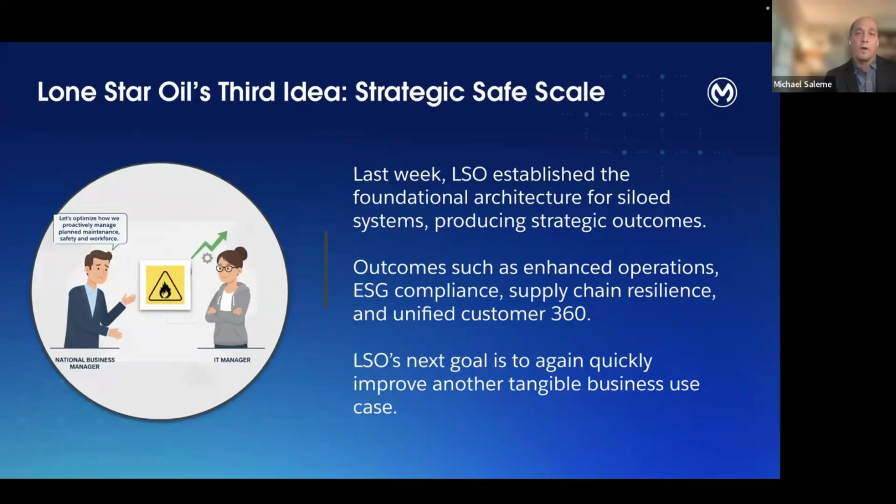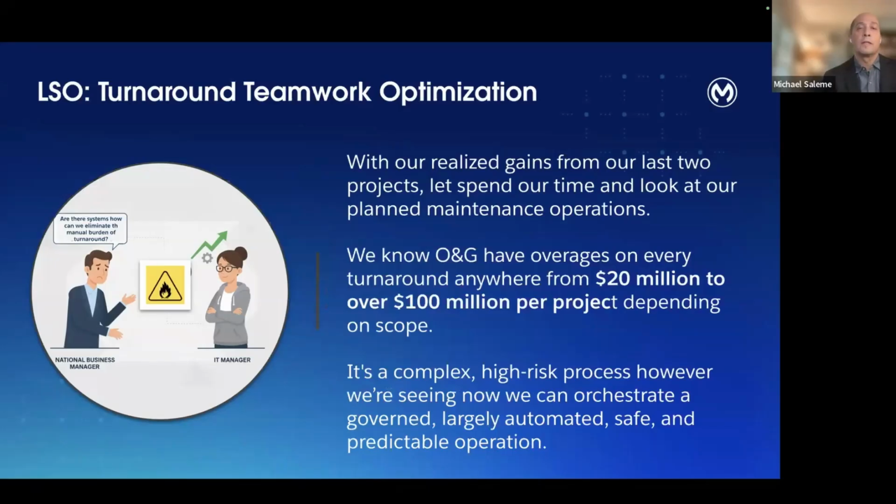In this series, we've talked about this fictitious company called Lone Star Oil. Lone Star Oil's COO has put an agentic architecture in place, and he's working with his IT manager and Janice, the lead developer, to solve particular problems. Last week, they figured out how to do better proactive maintenance. The CEO has looked at his balance sheet and realizes there have been some productivity gains, and we have some spare time and resources to look at this next project.